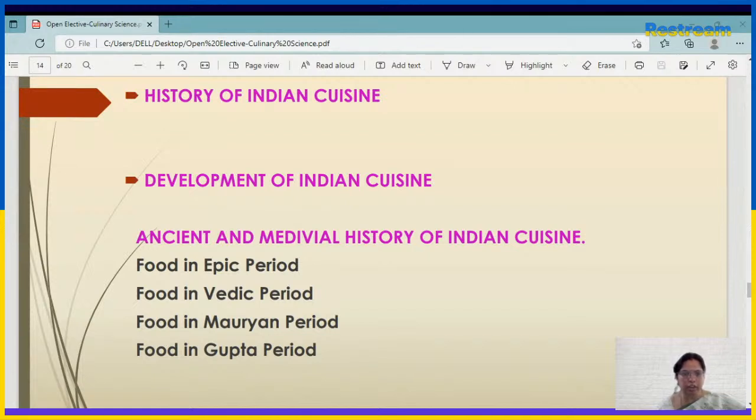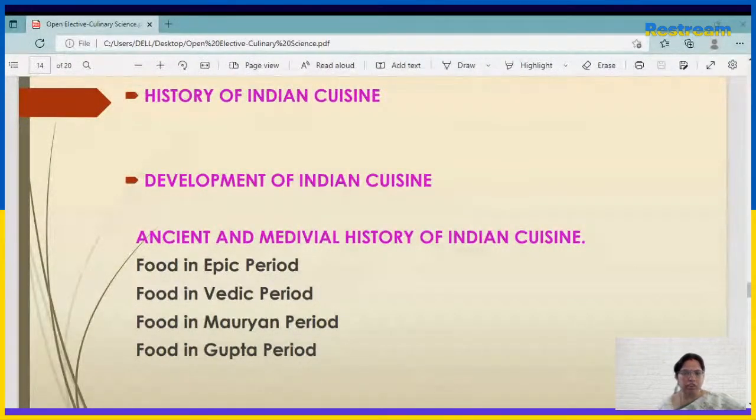Development of Indian cuisine. India is a country that has seen a revolution. From all these different places, they have taken different influences and started new dishes. The cuisines vary not only with the festivals but also with the geographical conditions. This we have already studied: north, south, west, and east. They all have different foodstuffs and different ways of cooking.